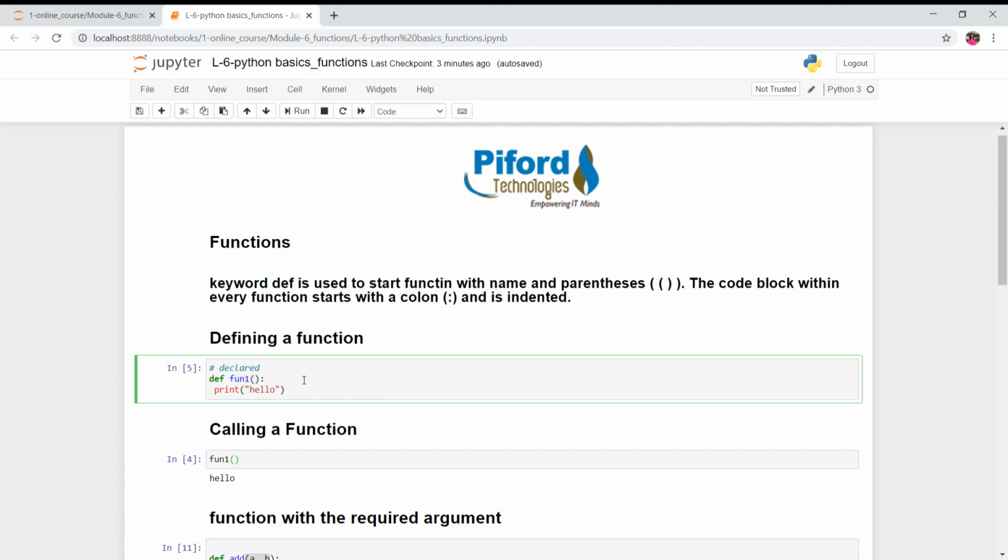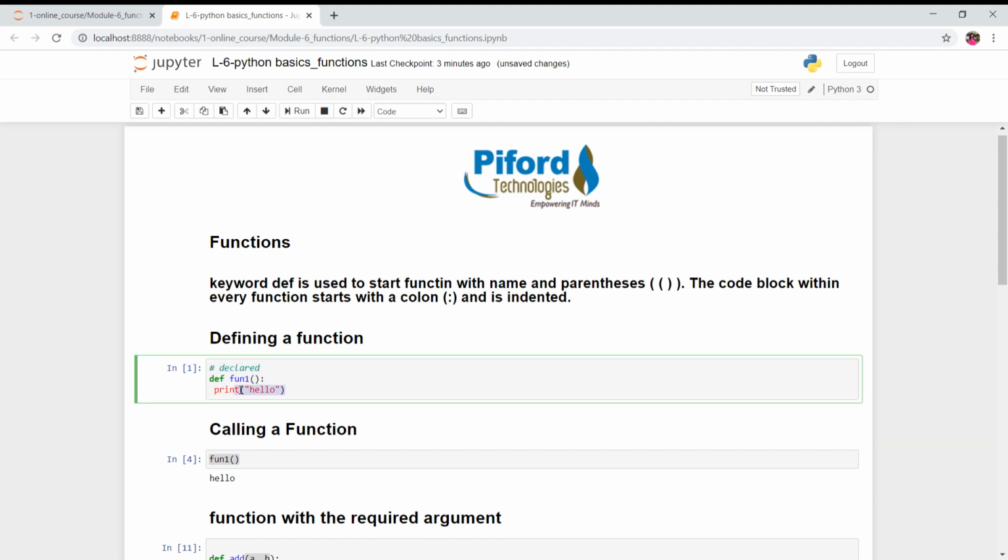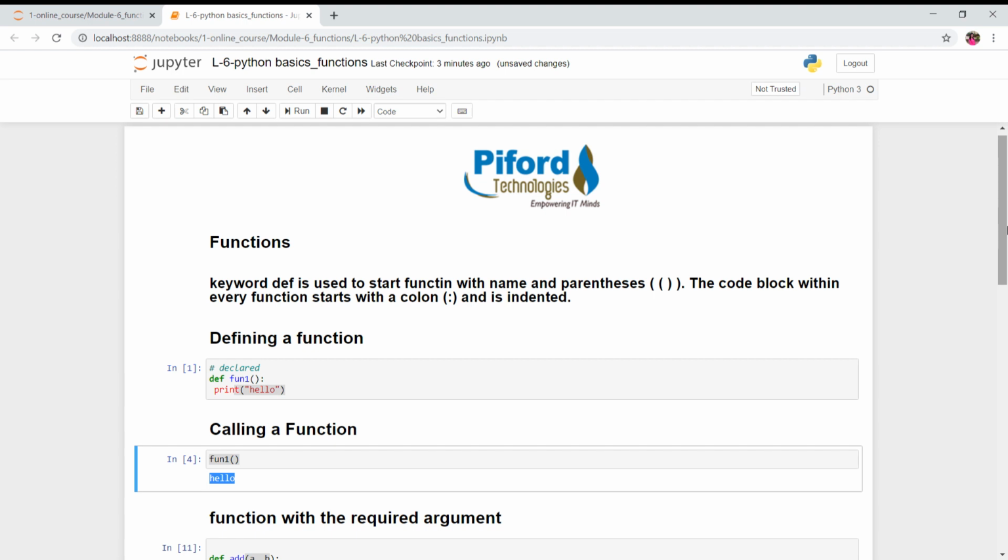When you press control enter on the declaration, you're not getting any output, because this is just a declaration and we are not calling the function. Whenever you want to use a function, you need to call it. Calling the function simply means writing the function name, and you'll get the output. This is the code which we want to perform under this function, so we are getting that output over here. All right, this is a very basic function.